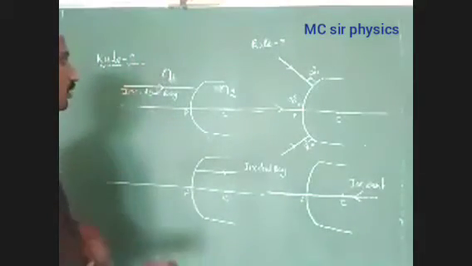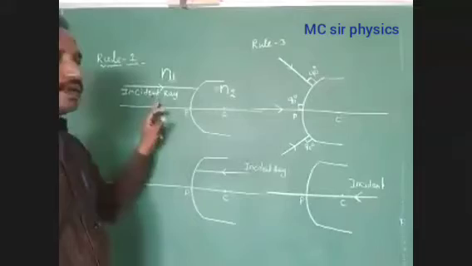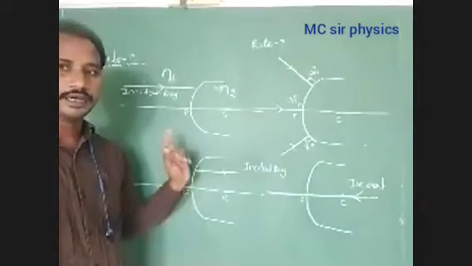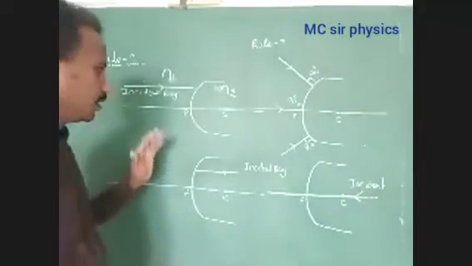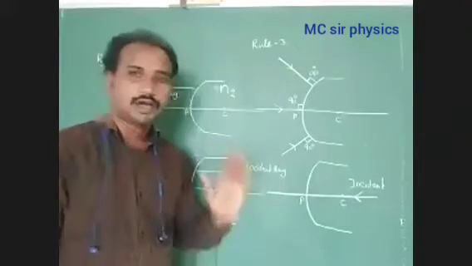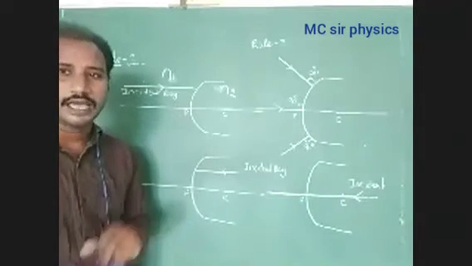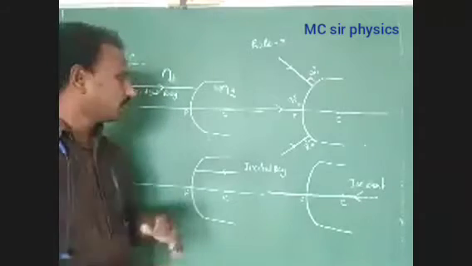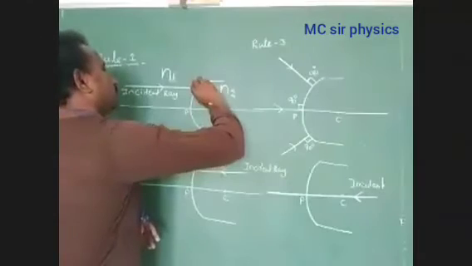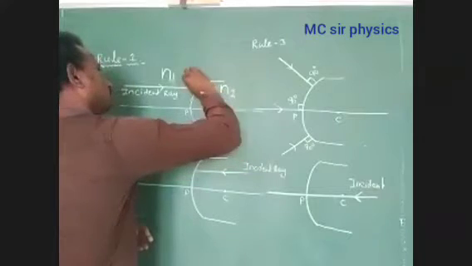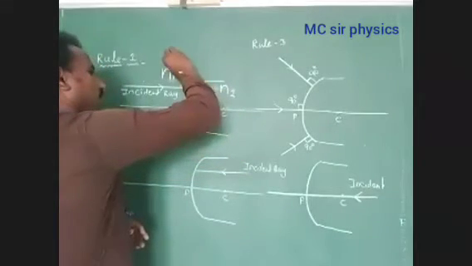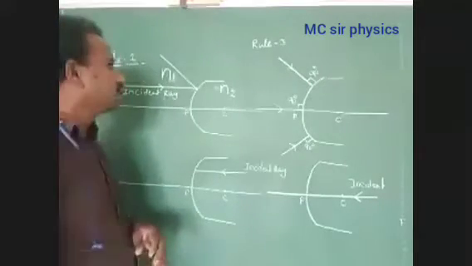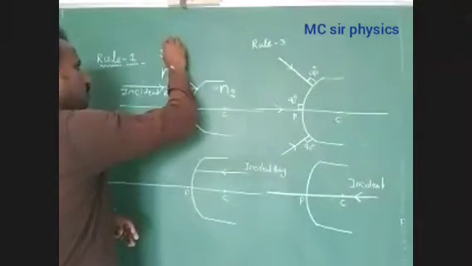Just identify that rule 1. Here, rule 1. A ray of light is traveling from rarer optical medium to denser optical medium. Now, first, we want to identify the normal in this diagram. The normal is always perpendicular to the curved surface. We have to represent that normal. This normal we have to represent from the point of incidence. From the point of incidence, represent it as the normal.